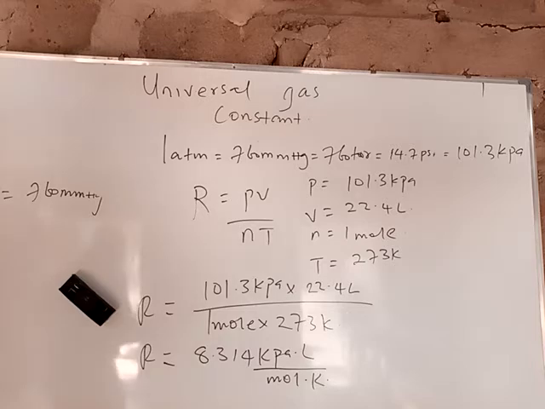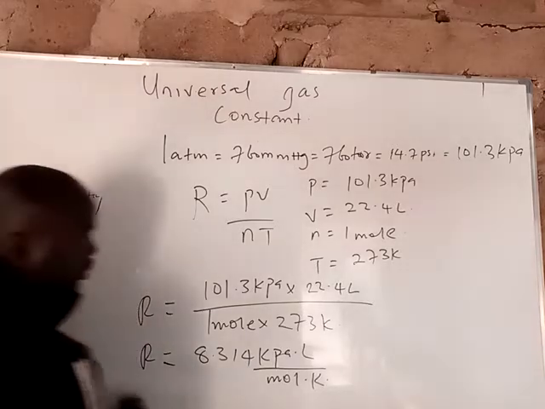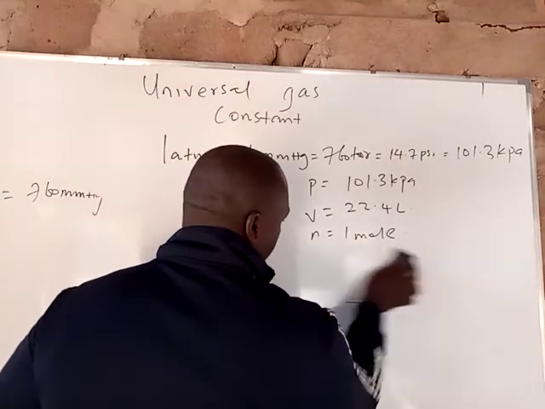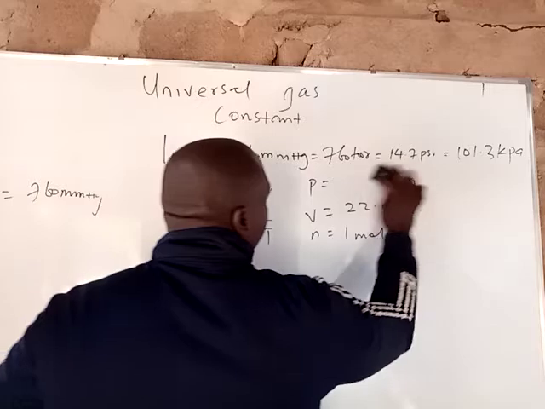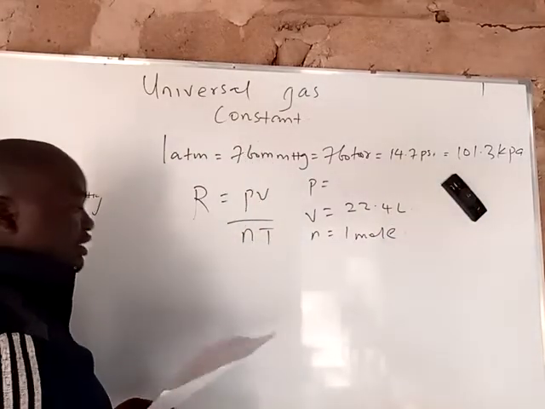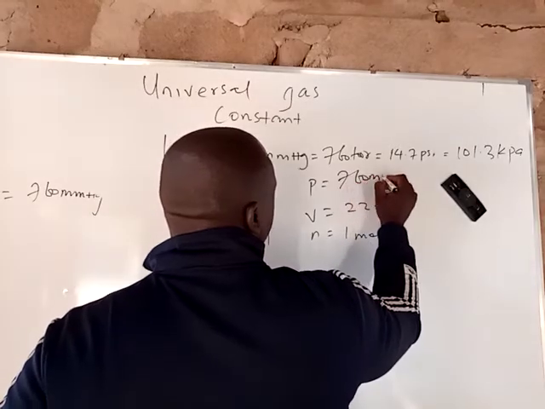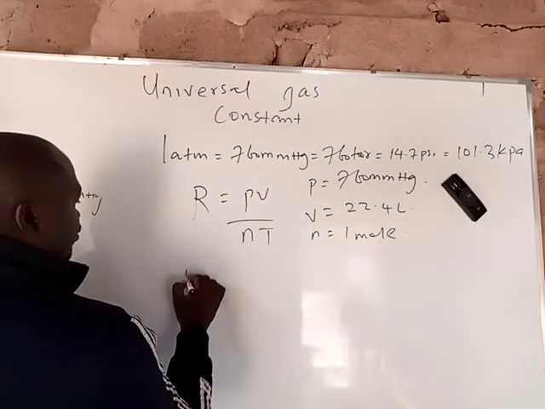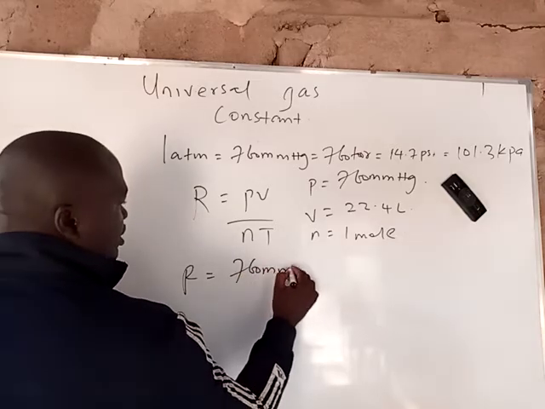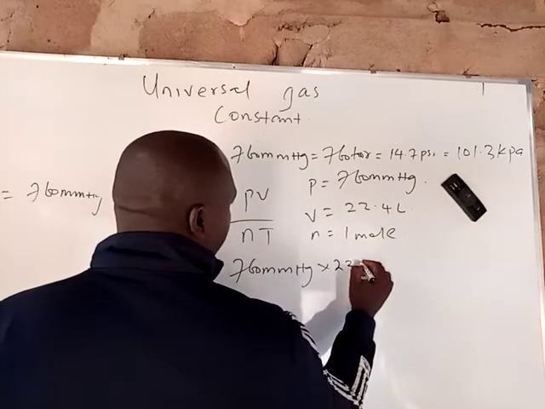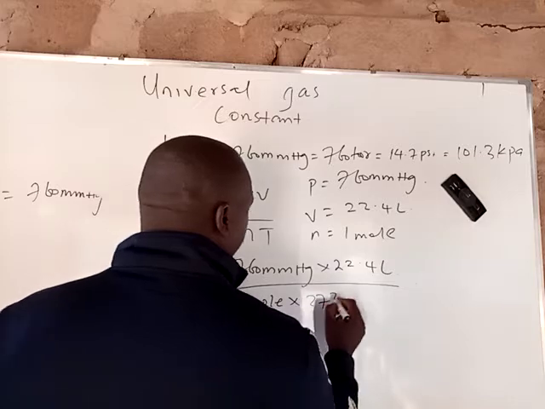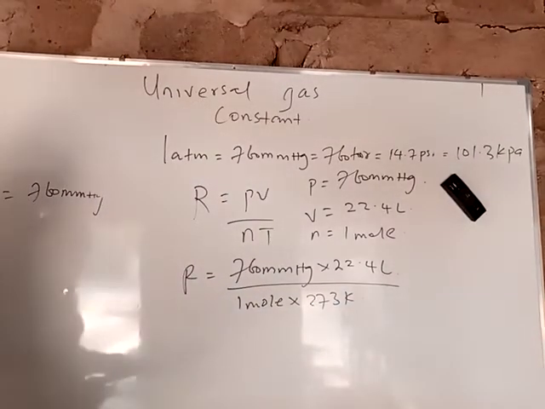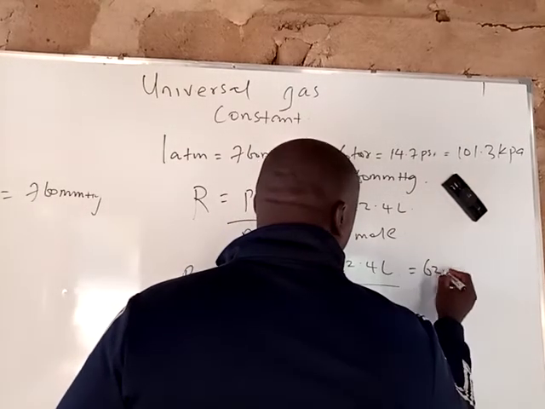Now, what value of R can we use when the pressure is in millimeter of mercury? So this formula still stands. If your pressure is 760 millimeter of mercury, you only insert it into this formula. So your R will now be 760 millimeter of mercury times your volume, which is 22.4 liters, all over 1 mole times 273 Kelvin. If you punch it in your calculator, you should get an R value of 62.4